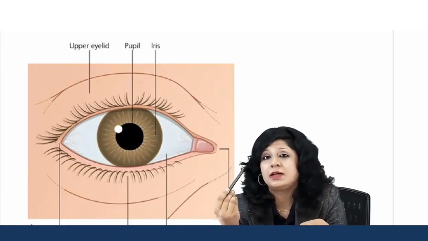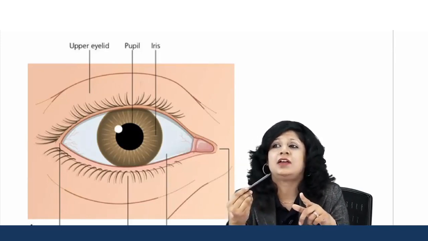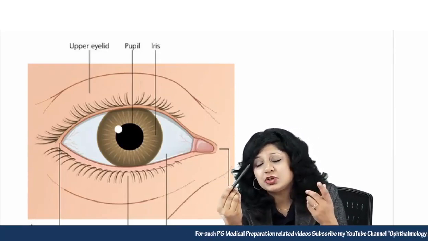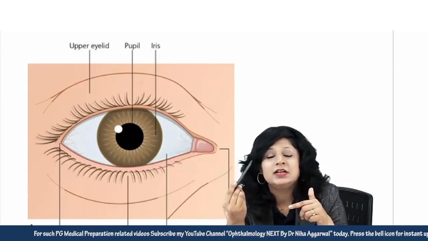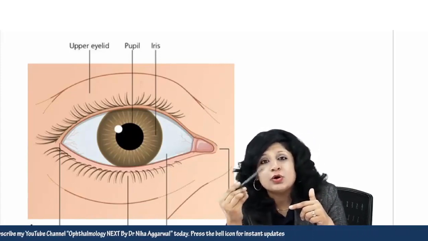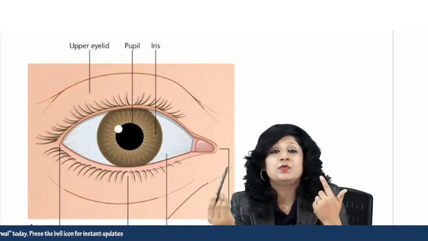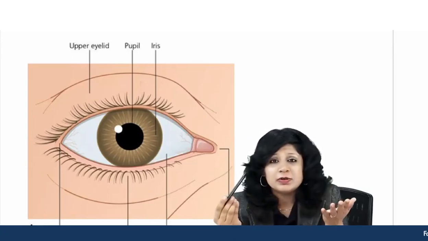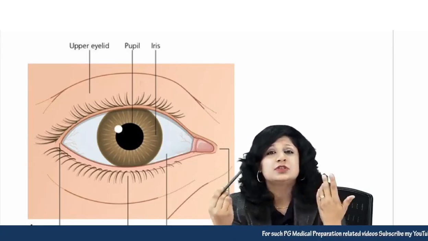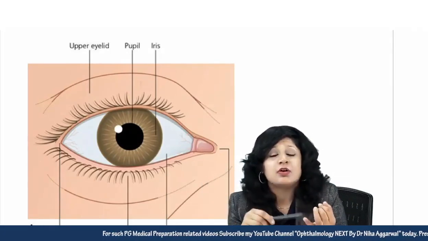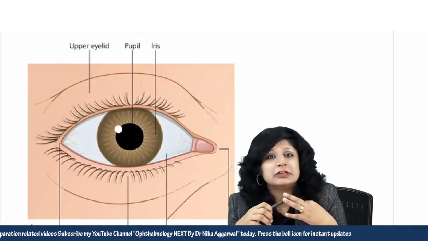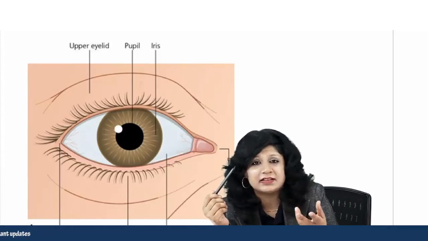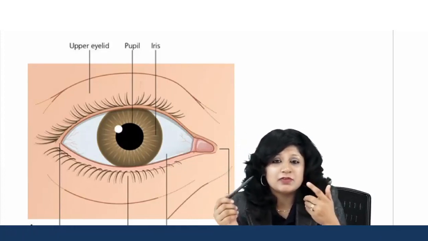This is again important, even when you are going for the vivas and presenting any case in your OPD postings. When you are telling about the examination, you will have to mention the negative findings, that there is no abnormality seen, or you will say that this is all looking within normal limits, depending upon what your consultant prefers. You will say that this seems normal, eyebrows are normal, not showing any abnormality, there is no evidence of any lid thickening or signs of infection, signs of inflammation or trachoma, or loss of eyelashes or inward turning of lid margin, or any edema. You will have to tell all this.